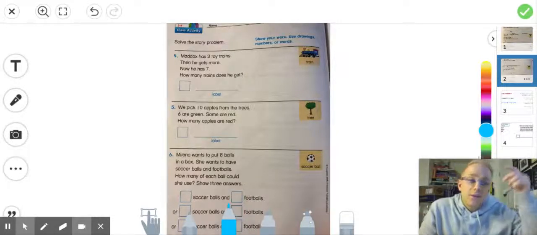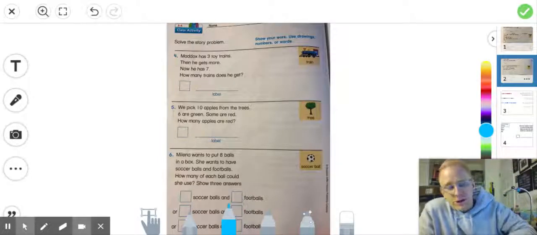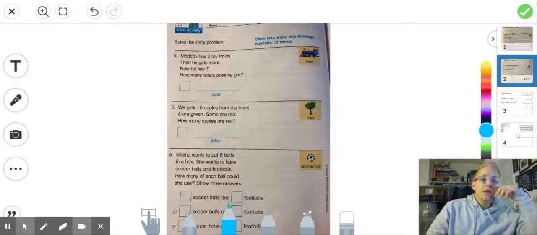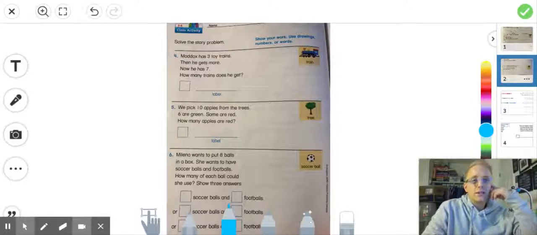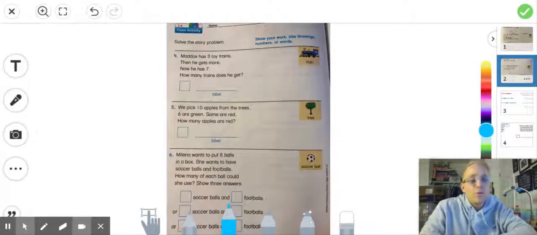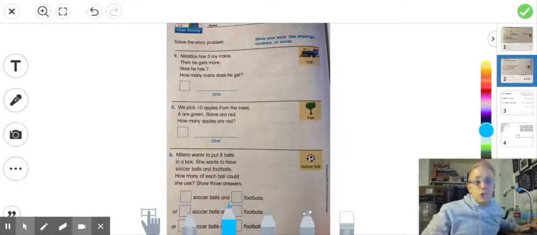Today's lesson is going to be a nice quick one for you. I have just a quick reminder of our cubes lesson that we learned about the other day, and then I'm going to have plenty of time for you to get started and work on your activities today. There are 6 story problems that I want you to work on, so I want to make sure I give you plenty of time to get those finished. But before I do that, let's go back and refresh ourselves and remind ourselves what cubes is